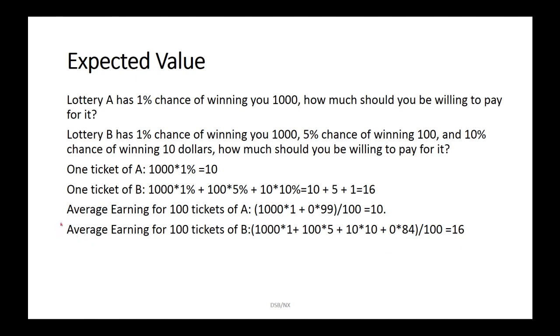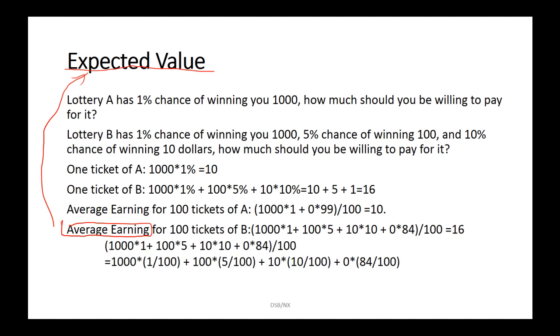So this notion of average earning in this context is referred to as the expected value in the data science or statistic jargons. And the logic behind calculating this average earning for lottery B also shows a general rule of how to calculate expected value. So if we rearrange this calculation a little bit here, what is done here is I would distribute this divided by 100 into each of the terms within the parentheses. So I'll just get rid of the parentheses, and then